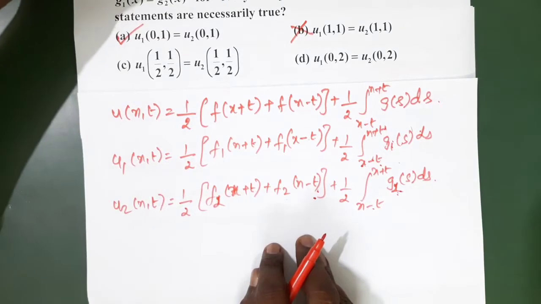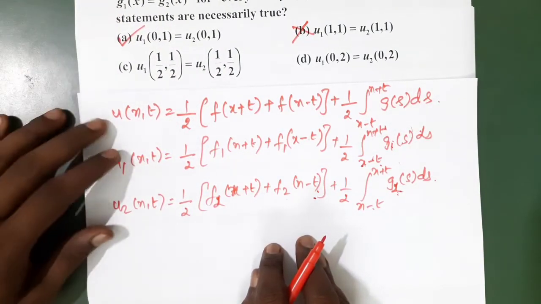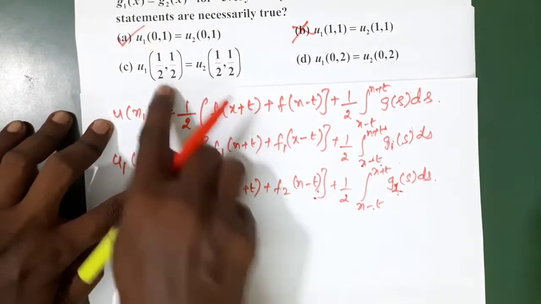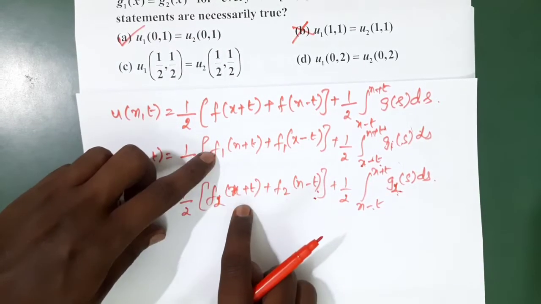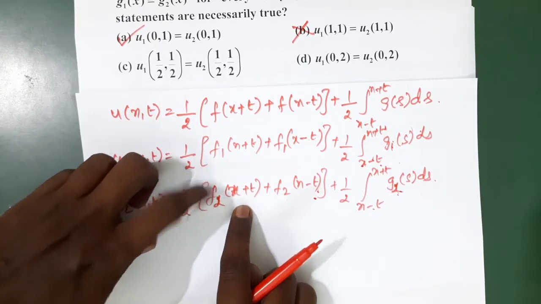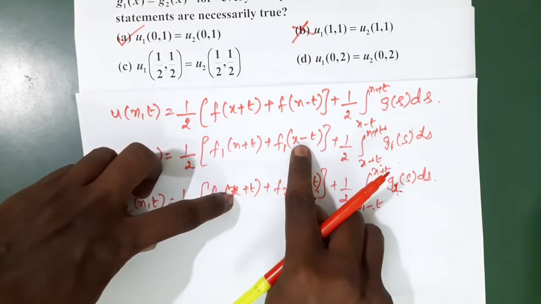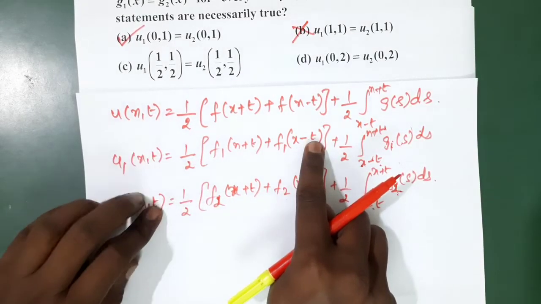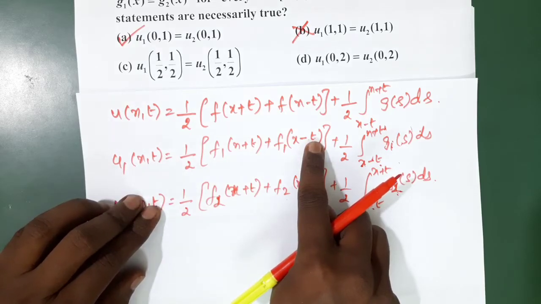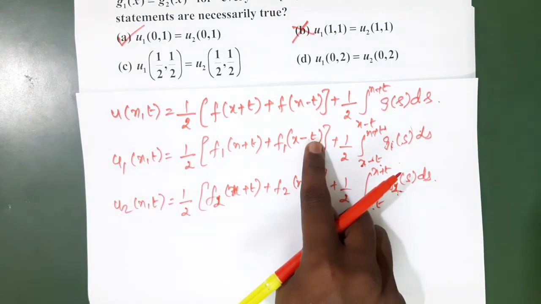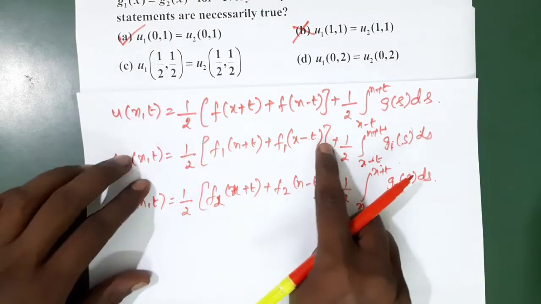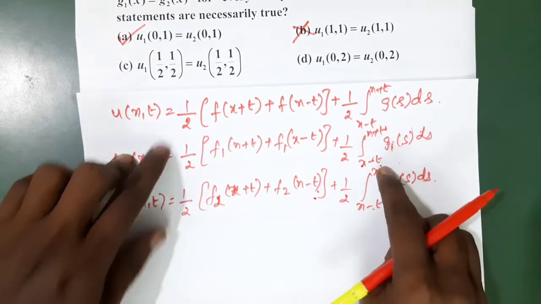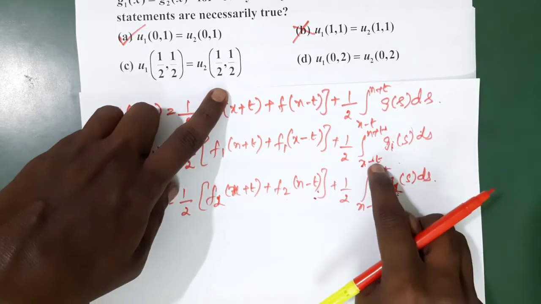This is a part C question, so it may have more than one answer also. So 1 by 2, 1 by 2 plus 1 by 2, 1. So these two are same. F1 of 1 is same as F2 of 1. So 1 by 2 minus 1 by 2, they are same. So these two are also same. So what is this? 1 by 2 minus 1 by 2 is 0.